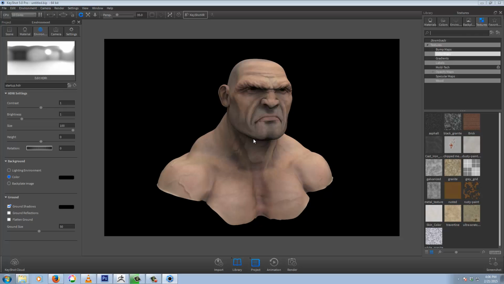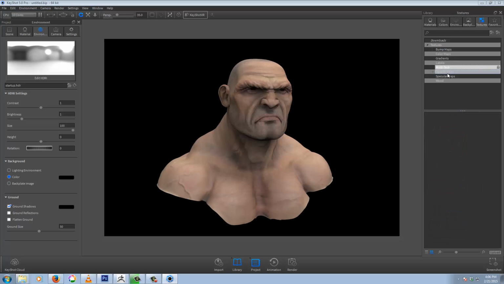I think the box mapping is actually pretty good. I think it does a triplanar projection. I'm not sure, because you rarely see noticeable seams on corners from the different projections. So I think it's some sort of blended box mapping or triplanar projection. So that's textures. Now you have the same here, your folders and subfolders, bump maps, color maps, gradients, and we